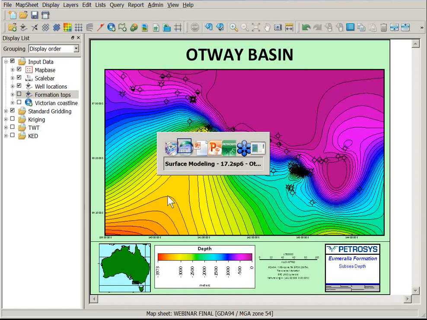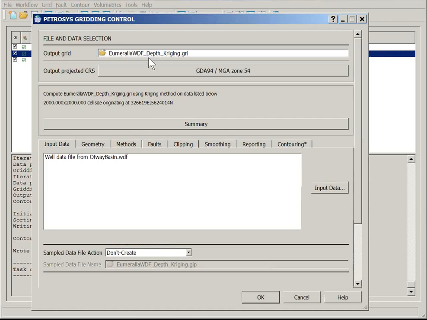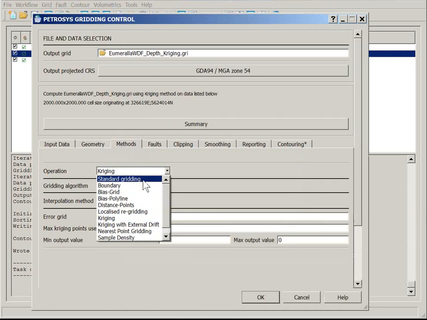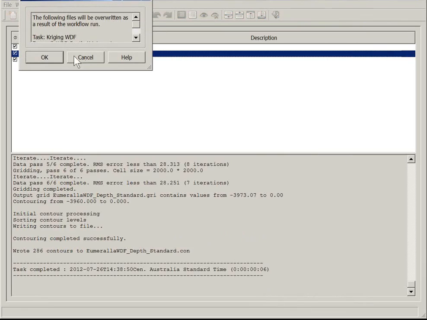We're now going to take this data set back into surface modelling, and we're going to grid it using Kriging. So just to show you, the only thing that I'm changing here is rather than gridding using standard gridding minimum curvature, I've just changed my operation to Kriging. I've also specified that we're going to use every single data point when we compute every single grid node. If I just run that process,